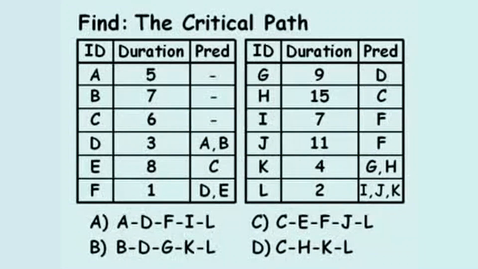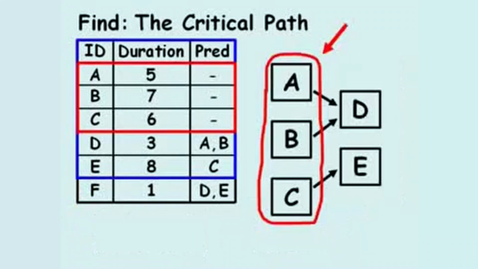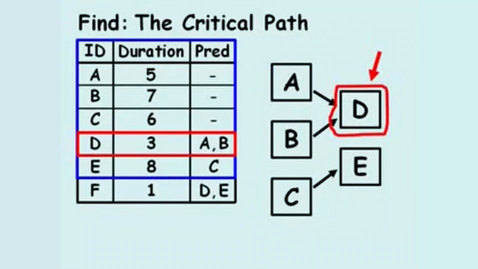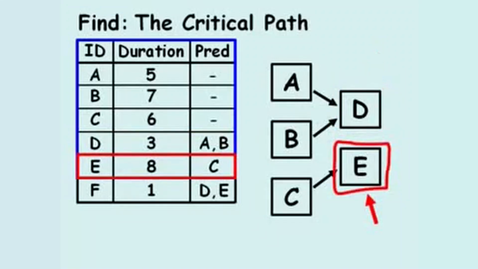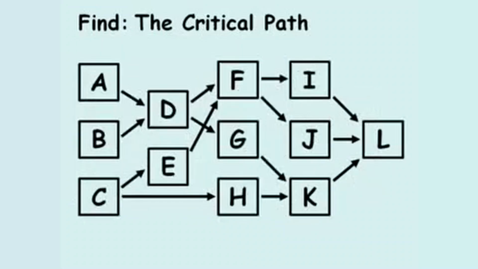If we focus in on the first 5 activities, we notice activity A, B, and C have no predecessor activities. Activity D cannot begin until activities A and B are completed, and activity E cannot begin until activity C is completed. If we continue constructing this diagram for all 12 activities, we notice activity L is the final activity, and the critical path will be either